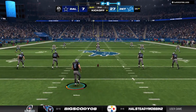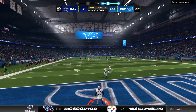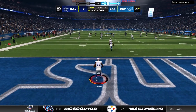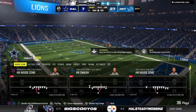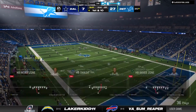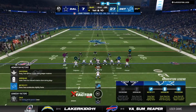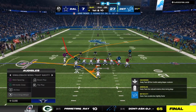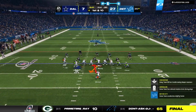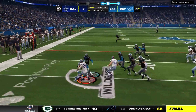Now he's back out there to boom this one away, maybe with some frustration after the PAT miss. And they'll put up the stop sign there as his guys will get it at the 25. The Dallas offense here set to begin the drive. Defense got the better of them last series, forcing a punt. See if they make a few changes in the game plan here and try to get points out of this